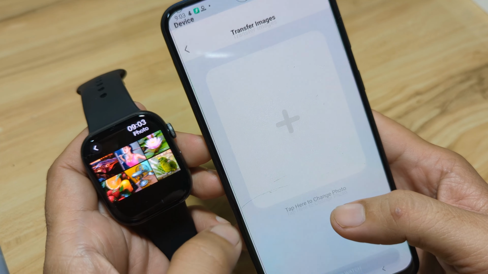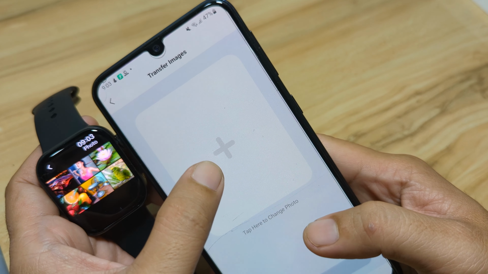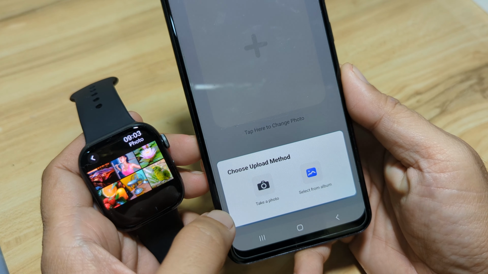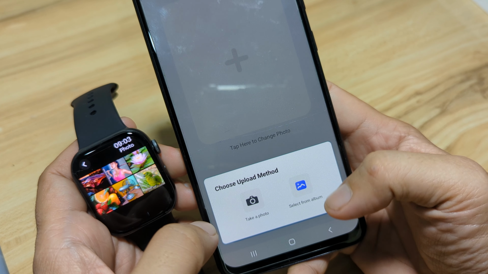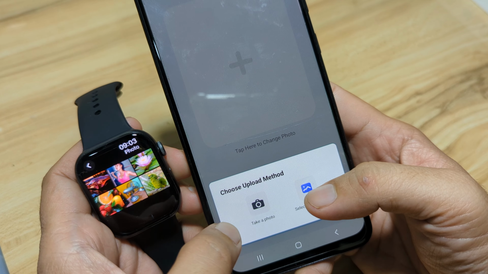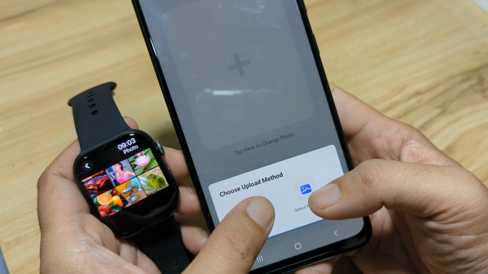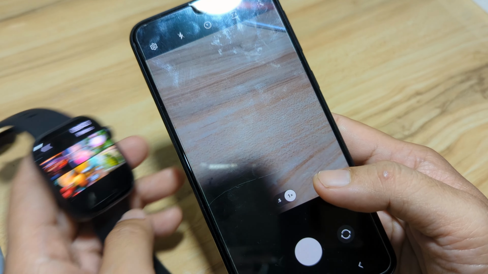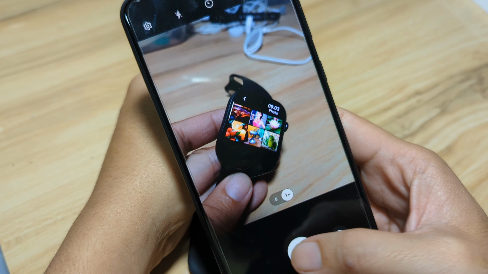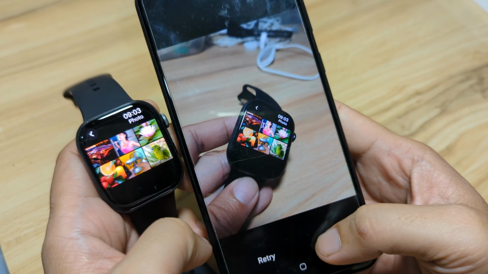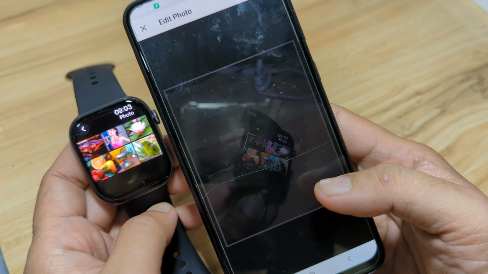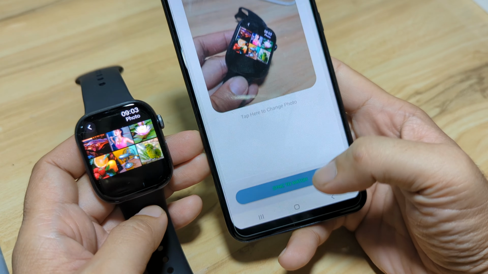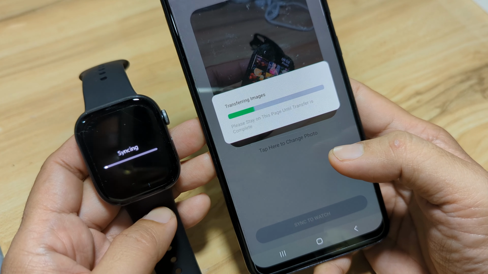Tap on Transfer Images. Tap here to change photos. So you have an option here to take a photo or go to your gallery. For example, we take a photo. So let's take a photo of this. Then OK, then check, then sync to your smartwatch.